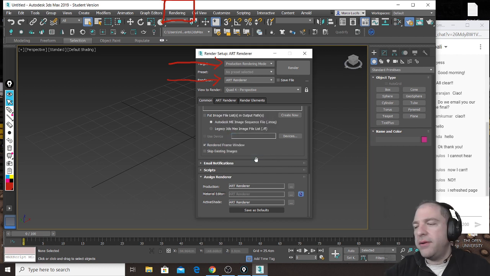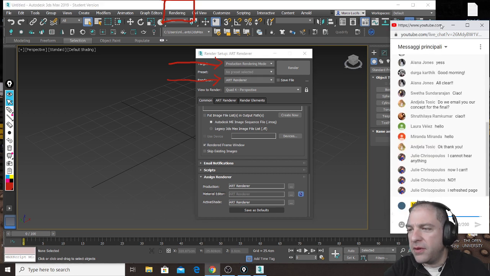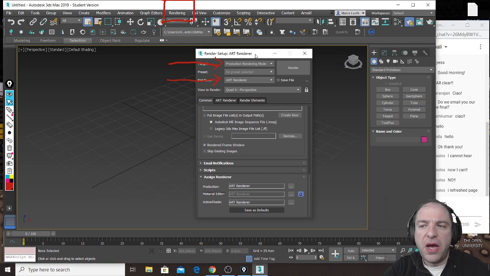In this way, no matter if you remember or not to check this option, 3ds Max will start already set like this. Okay? Till here? Okay. Let me see. If you have problems, tell me, because now we are going to